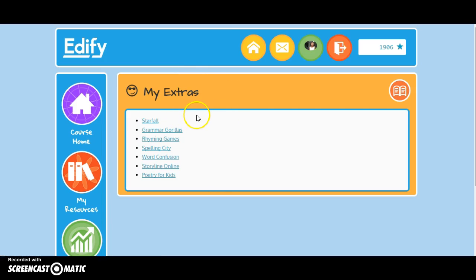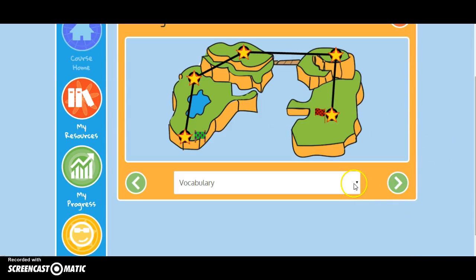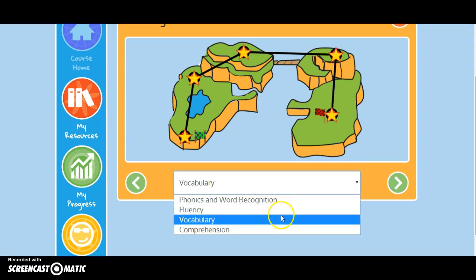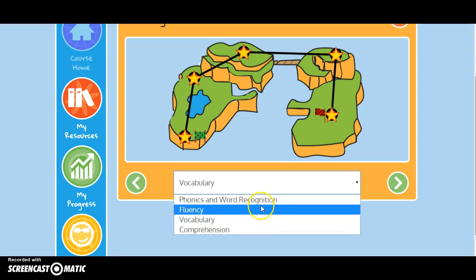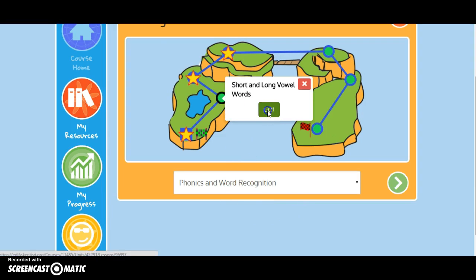My Extras contains a list of sites that are commonly used in reading in elementary. Teachers can also add their own sites and customize this space for their students. Vocabulary. This bar shows the units for the course. When entering into a lesson,